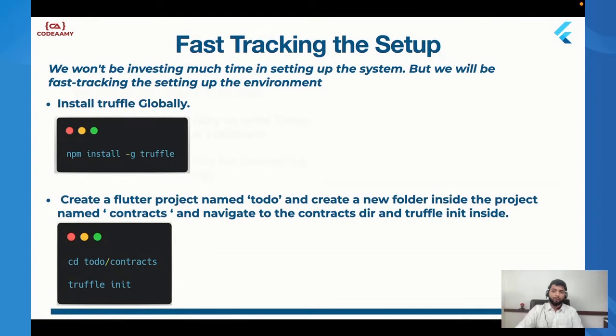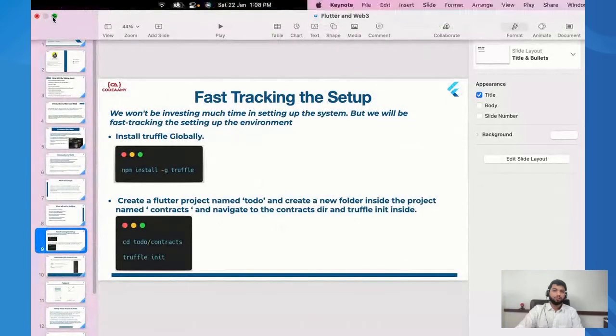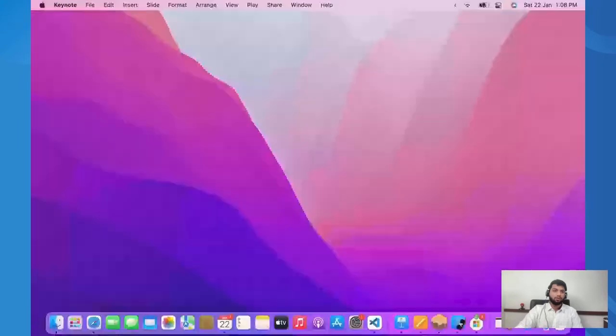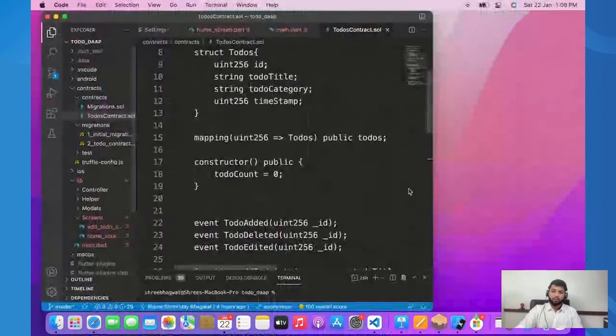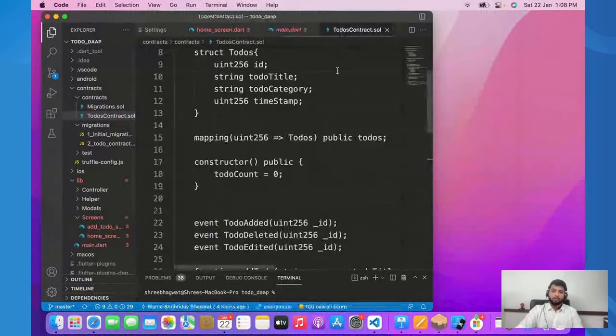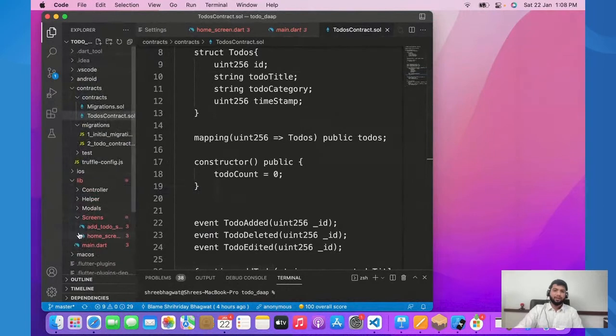Okay. So after this, let me just start with my code over here. I'll just minimize this, and let me minimize this also, taking this screen from here. I think it is visible and the font is also visible. Yes. So this is the project which we are creating right now. It is a starter project, and I will give you the link of this project. It is a basic to-do application.